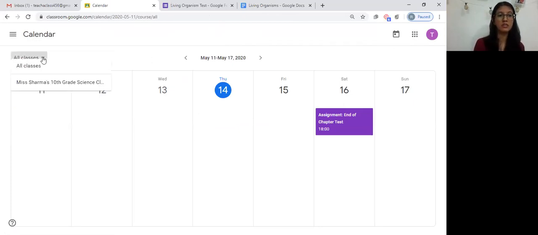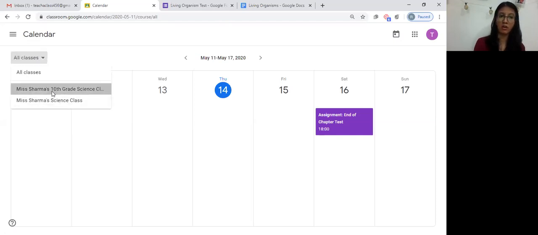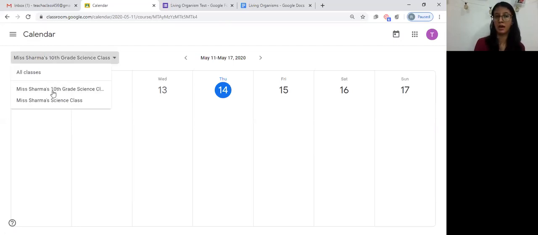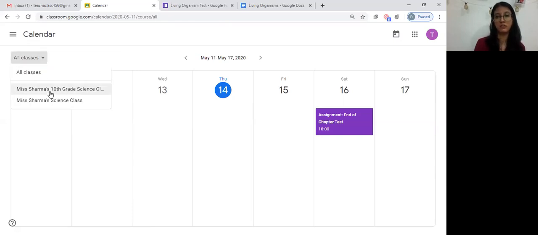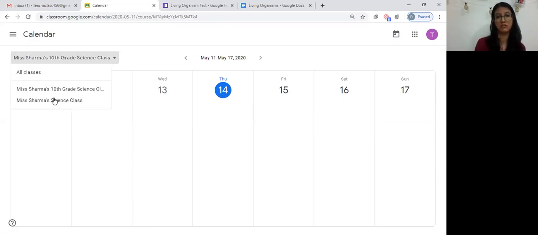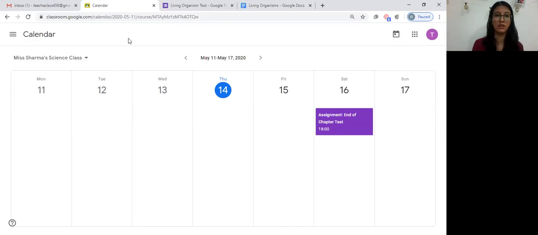Over here, you can see a specific class or all your classes. So you know what is coming up for either all your classes when you select all your classes, or just one specific class. Currently we don't have any posts in the other classroom, so we can't see anything over here from that class. So this is your calendar.